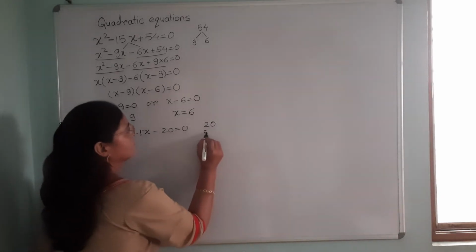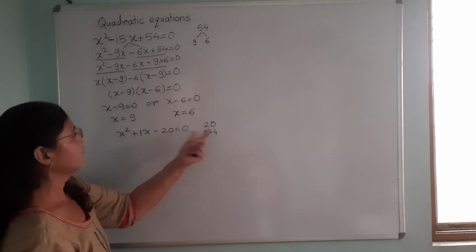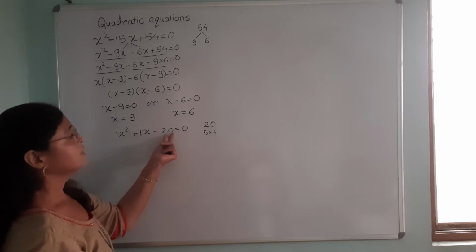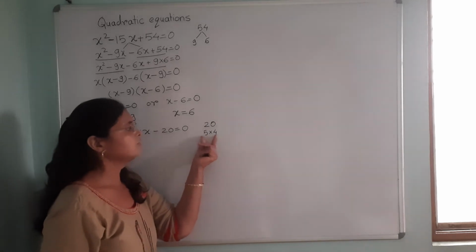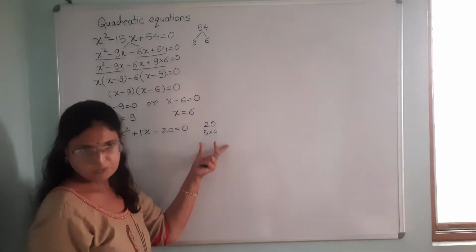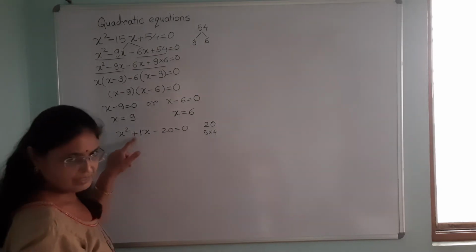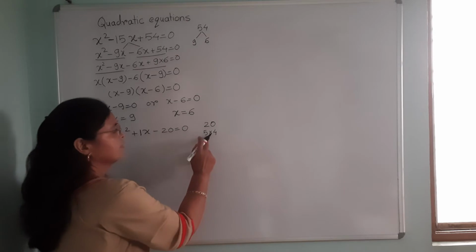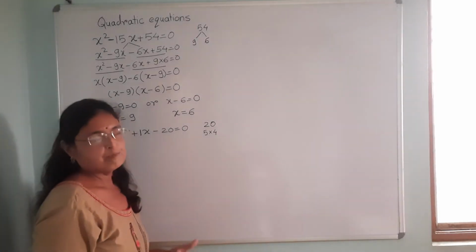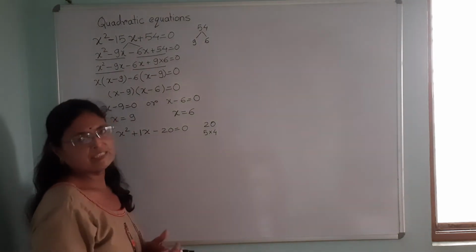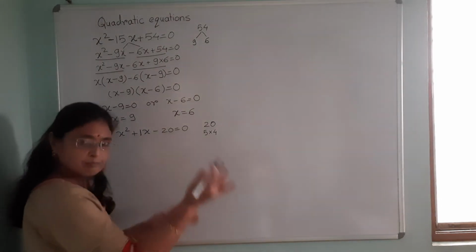5 and 4 are the two factors. The product of 5 and 4 is 20. Now, the subtraction of them is 1. What should be the sign of 5 and the sign of 4 now? As we know, the middle term has a plus sign. That means the greater one must have a plus sign, and as we are going to subtract, the smaller one must get the sign opposite to the greater one. So it must be minus.